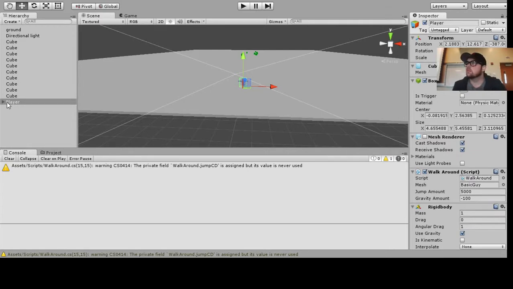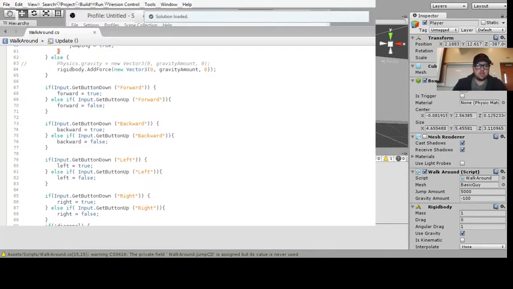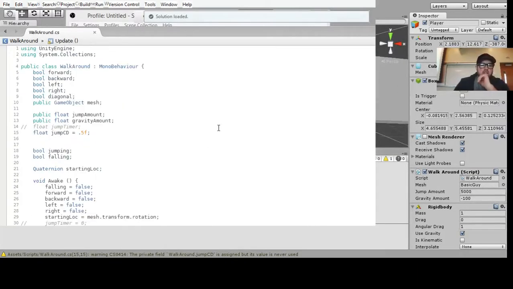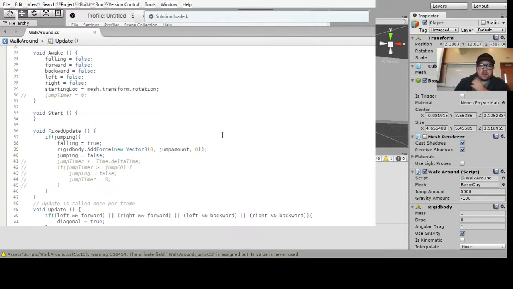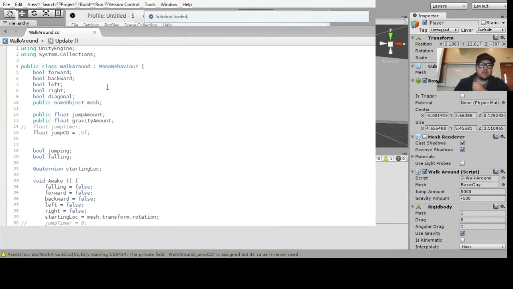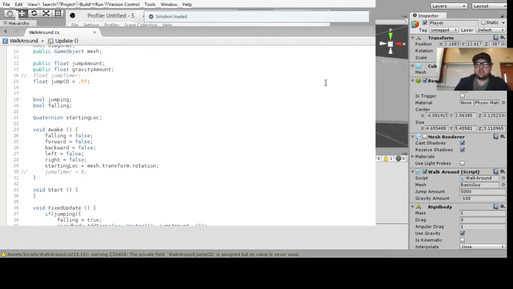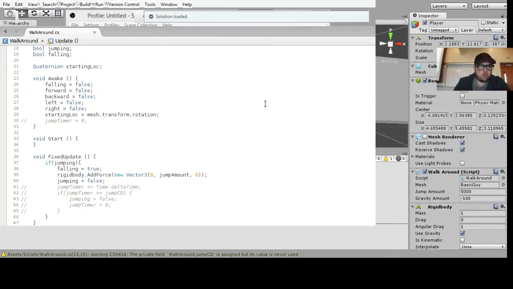I just had a little question. How did you get the guy to do the walking animations without you uploading the thing or whatever? Okay, sure. Was it in the script? Yeah, it's in the script. We access it directly. You're going to make a public game object of the mesh, so you can take the actual mesh that has the animation on it, and then you can pop that into the public spot of mesh in the inspector. You can just drop the actual mesh itself, and then when we're moving,